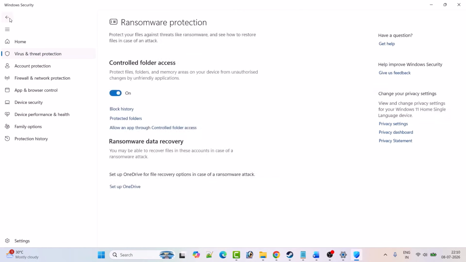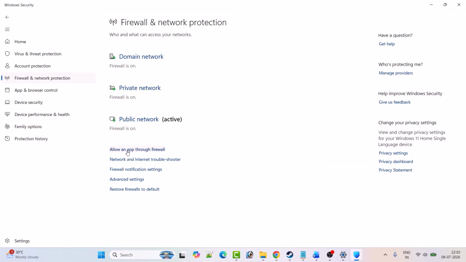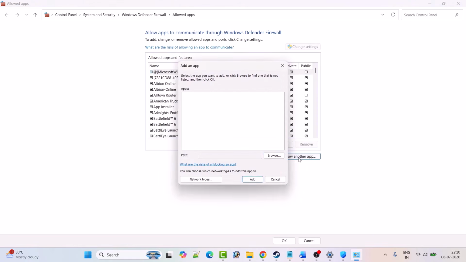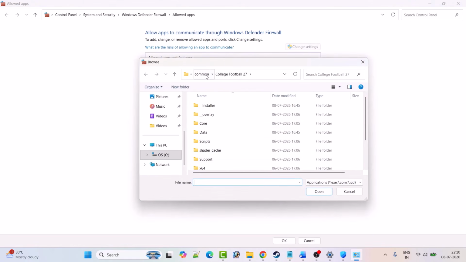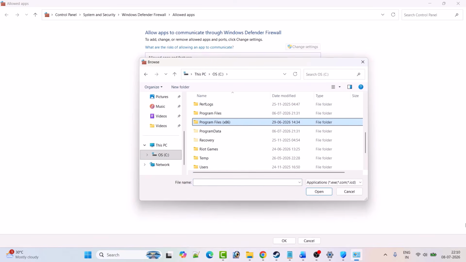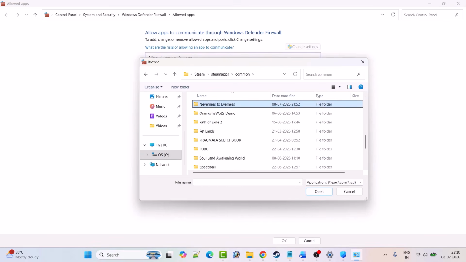Now go back, click on firewall and network protection, click on allow an app through firewall, click on change settings, click on allow another app, click on browse, and then browse to the game installation folder. So open C drive, open Program Files x86 folder, Steam apps folder, common folder, open the Neverness to Everness game